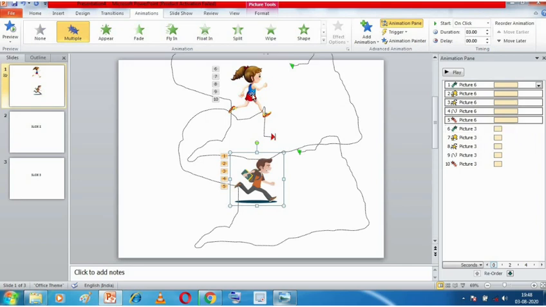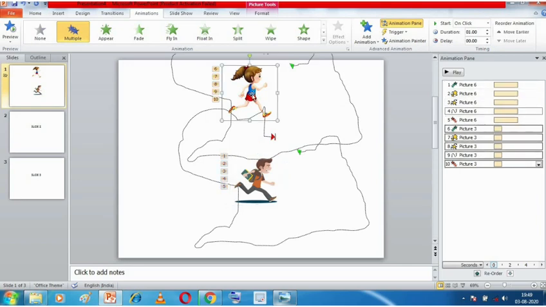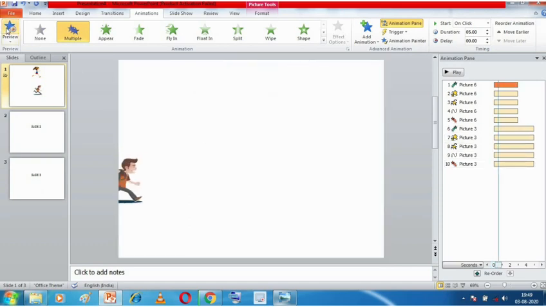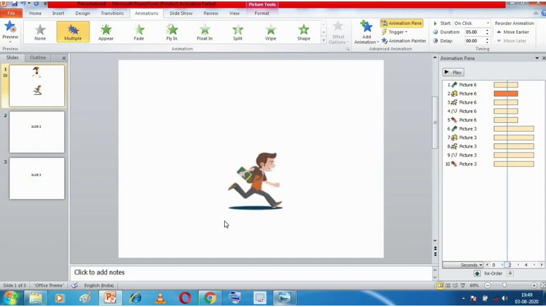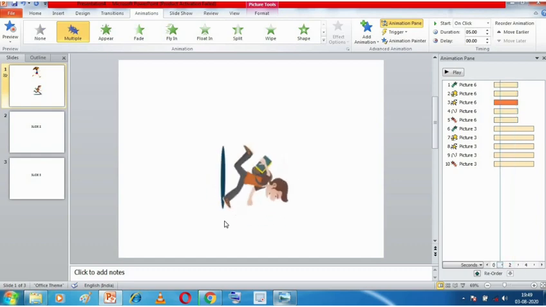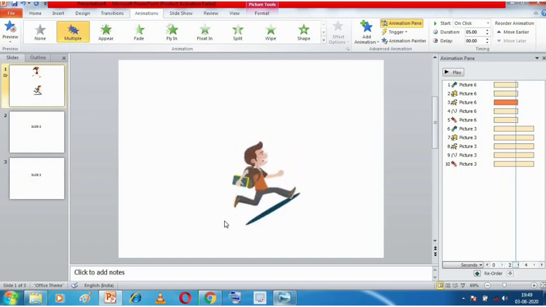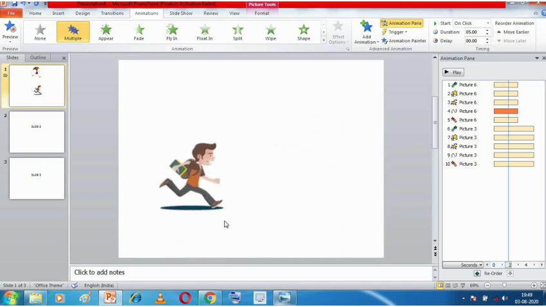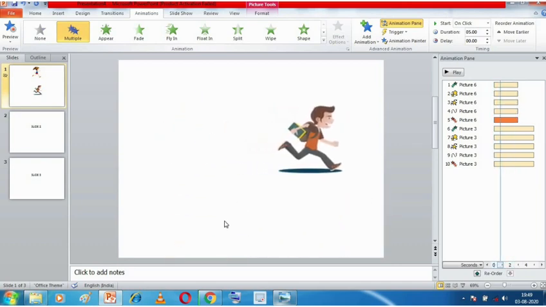If I want to change the speed of animation for this, choose this object. All the animations are selected, and change the duration. For this I am keeping 5 seconds. So this one will happen more slowly because I have increased the duration. Let's preview this. See, the first animation is taking 3 seconds. The next animation will also take 3 seconds. Then this will also take 3 seconds, 3 seconds for the fourth, and 3 seconds for the fifth animation.